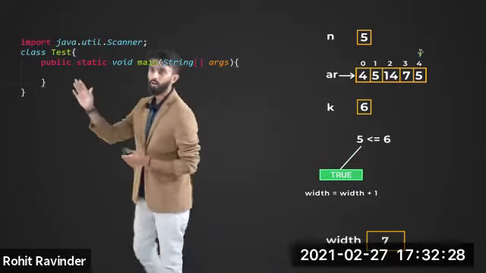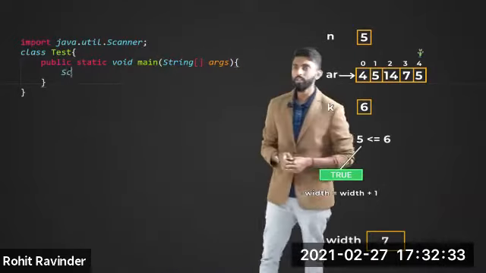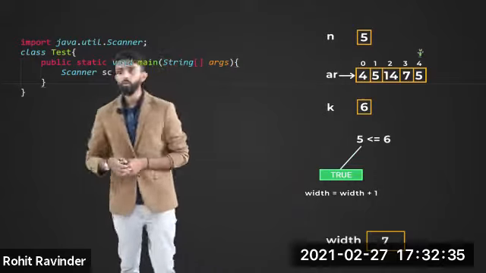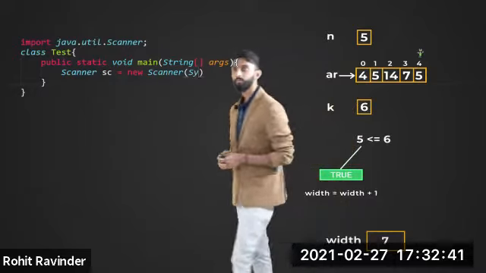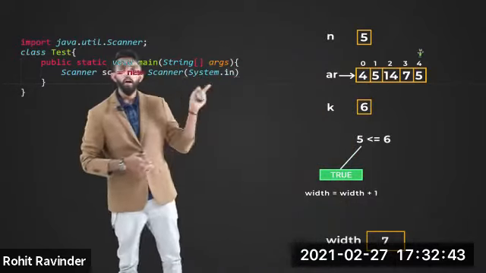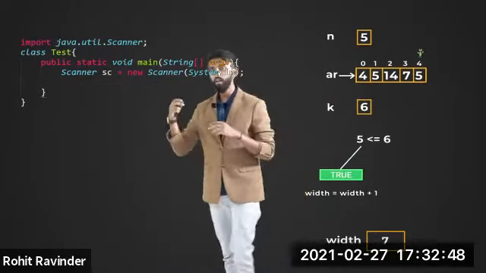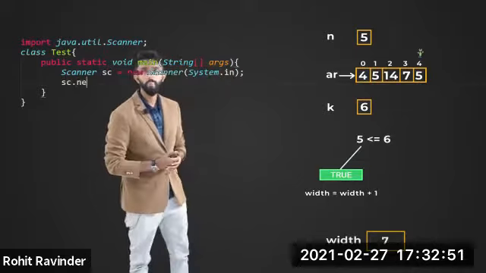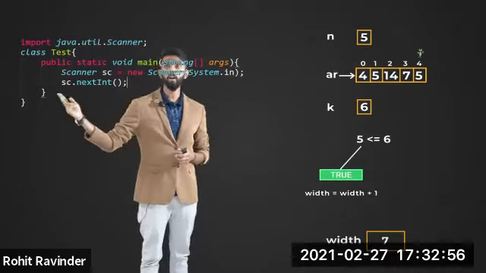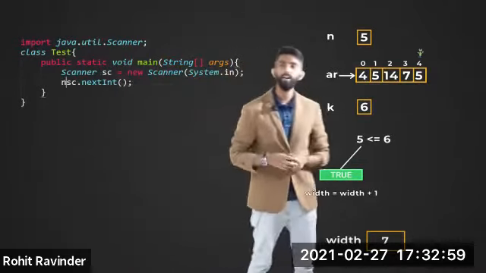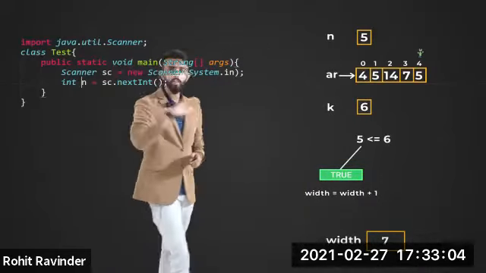Anyways, inside this, now that I have scanner imported, I'll create its object and keep it ready. So I'll just tell Scanner type sc equal to new Scanner, and inside that System.in. Okay. After this, I'll put semicolon and then I'll come down and I have to take this n. So I will tell sc.nextInt. Right? So sc.nextInt. Now it will wait for an integer input. Whatever is entered, I will collect it and store it in an integer variable called n. So I'll just tell int n like this. That's all.